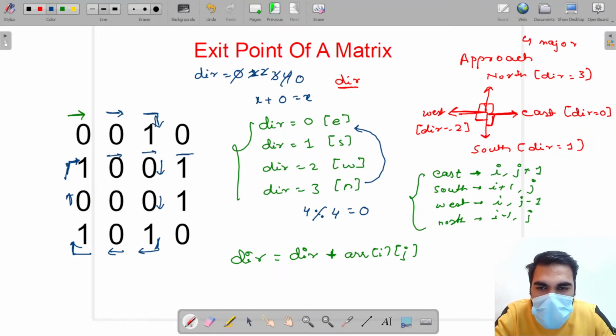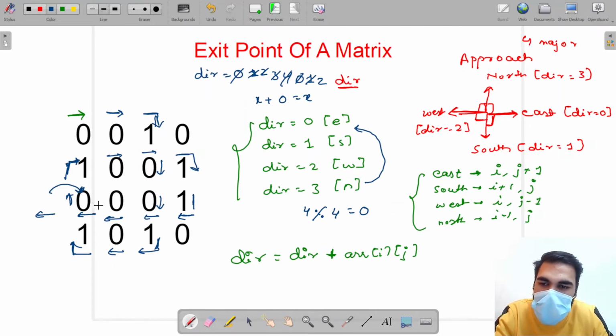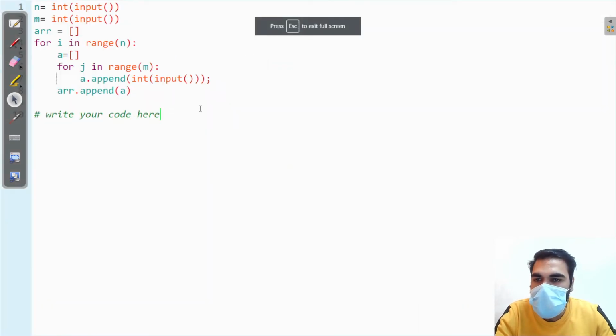Now you encounter 1. So again increment by 1. You will have to move in the south direction, again 1. So you will move to the west direction. So 0, encounter 0, 0, 0. You exit from this location, but you have to make it reverse back and print this exit point, that is 2, 0. So let me write some code for you, and here